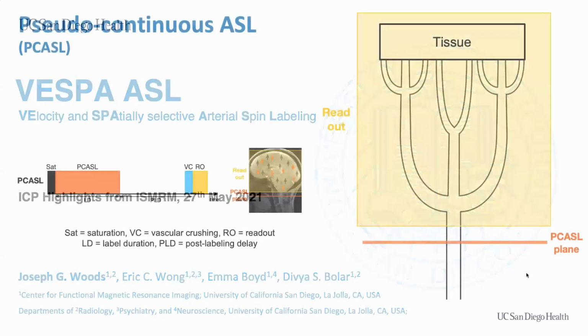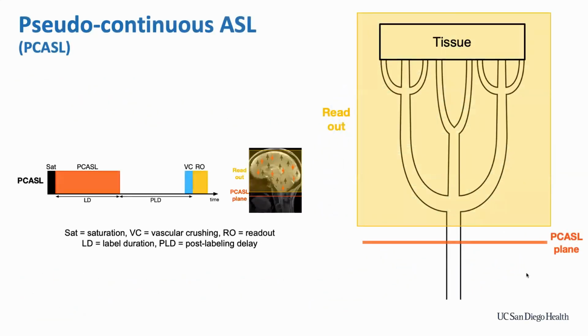So yeah, I'm going to be talking about our method called VESPA ASL. But before I get into that, I just wanted to give a little background about some relevant arterial spin labeling methods. So sorry if you're already very familiar with this. So specifically, I want to talk about a spatially selective ASL method called pseudo-continuous ASL, or PCASL, and also velocity selective ASL. So in PCASL, we define a labeling plane below our imaging region, typically in the neck,